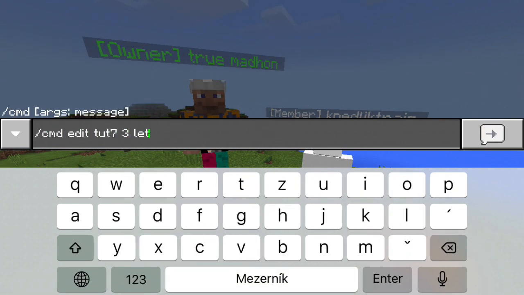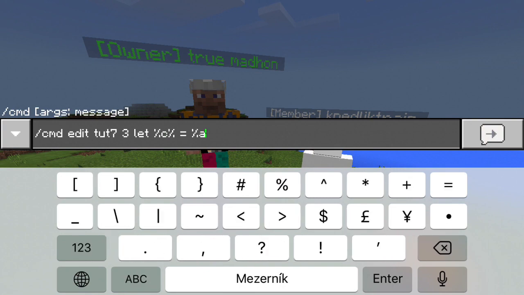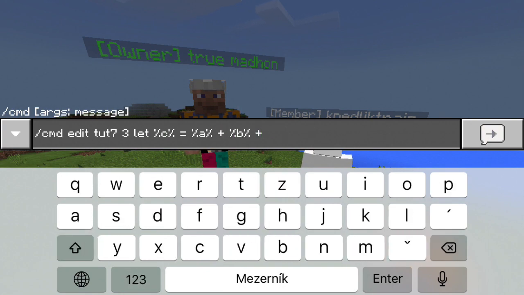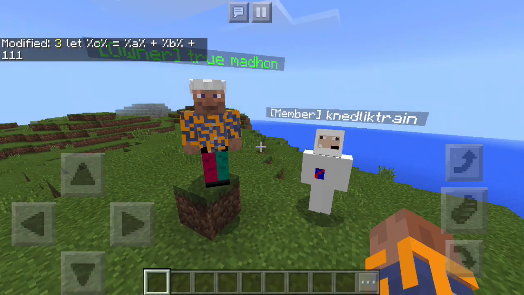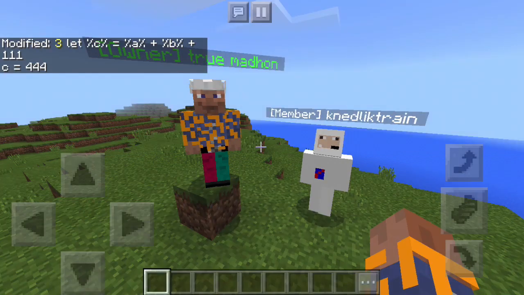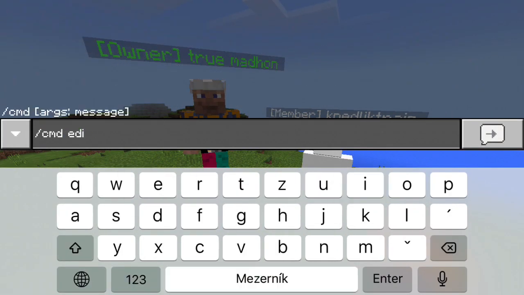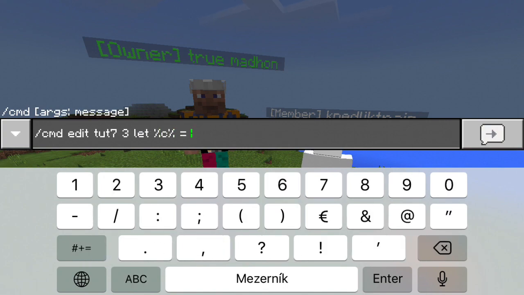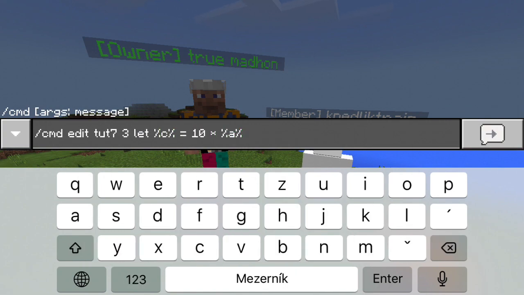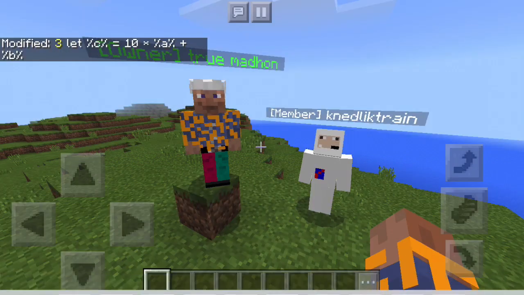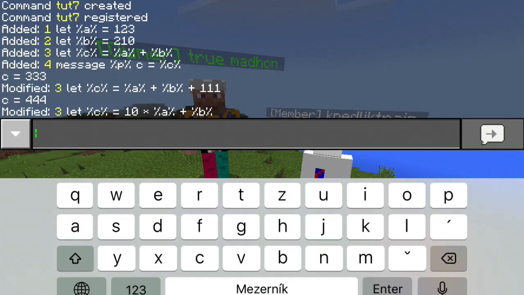Now let's modify it and make it a little bit more complex. Instead of 2 numbers, I will be adding 3 numbers. And now when I run the command, you'll see the result is 444. So let's go a little bit more complex and try some multiplication. So let's say equal 10 times a plus b. What do you think the result will be? It should be